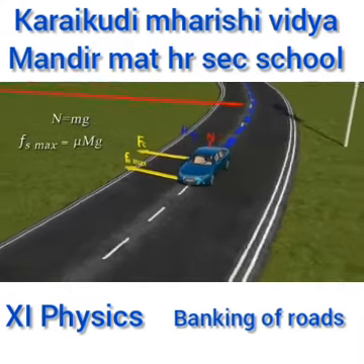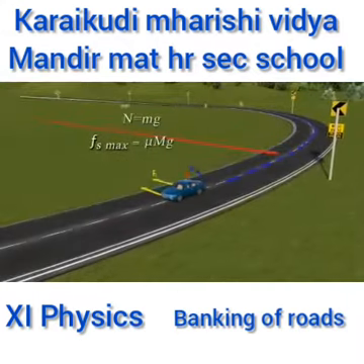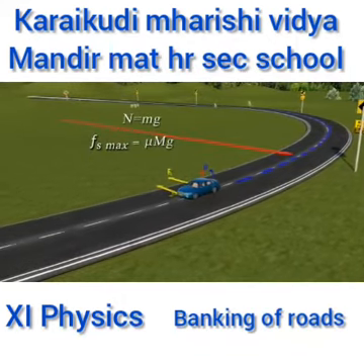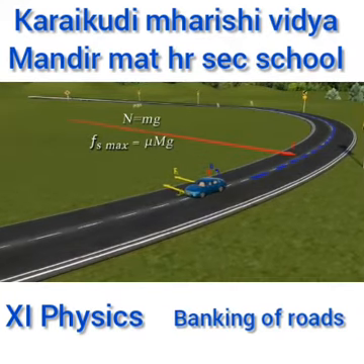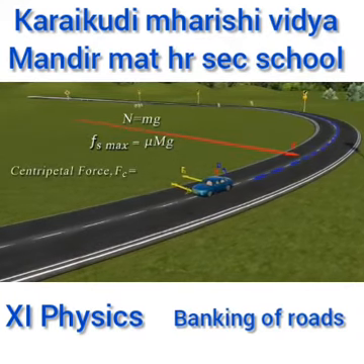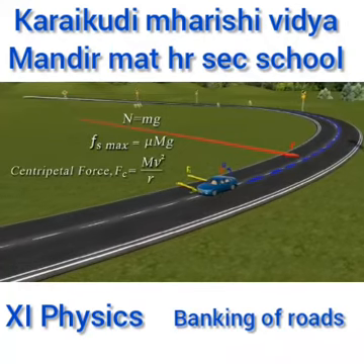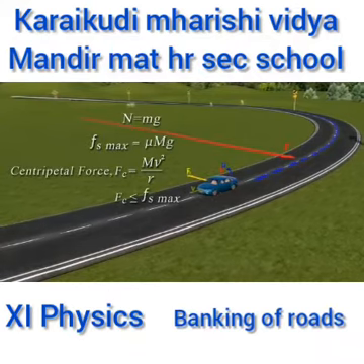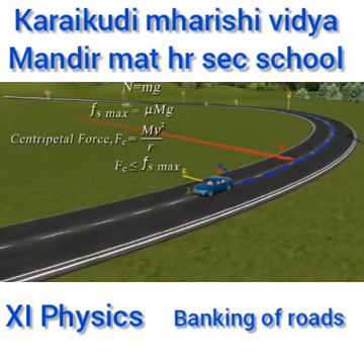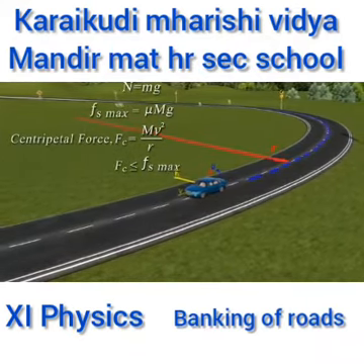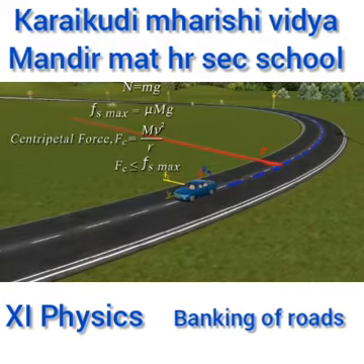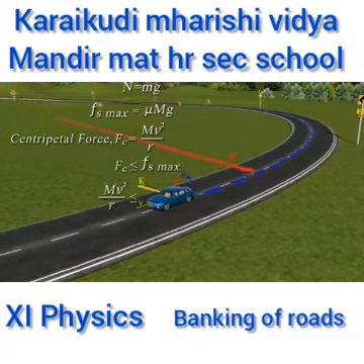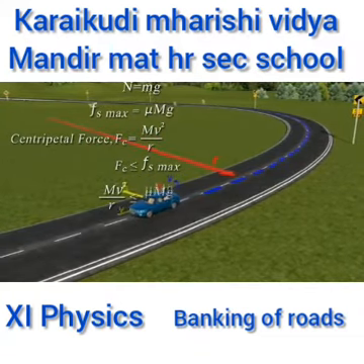Here the normal force is given by the force of attraction mg, and Fs we know the formula: mu into m into g, where mu is the coefficient of static friction. Centripetal force Fc is equal to mv squared divided by r, where r is the radius of the circle. And this Fc should be lesser than Fs maximum, then only we can avoid skidding. Fc means centripetal force, mv squared by r should be lesser than or equal to mu into m into g.